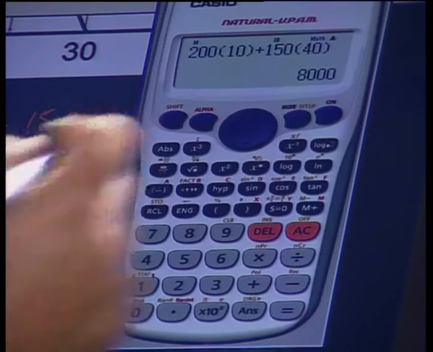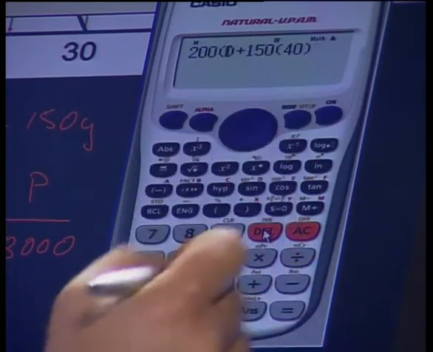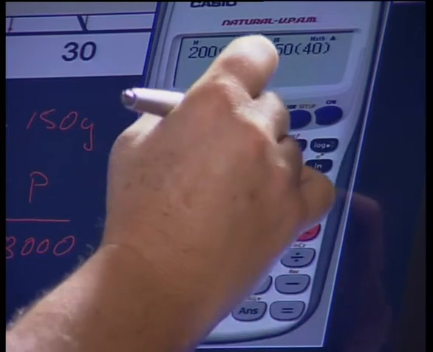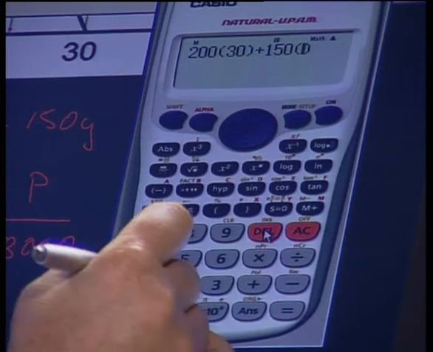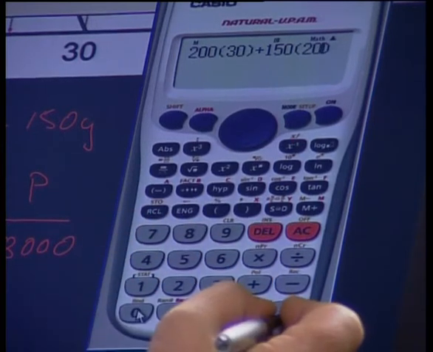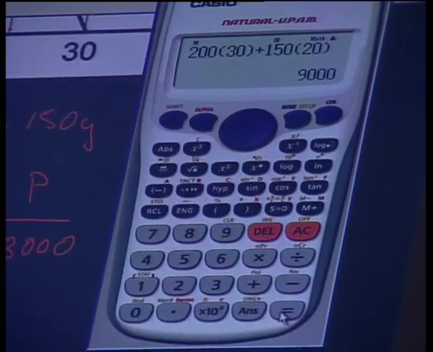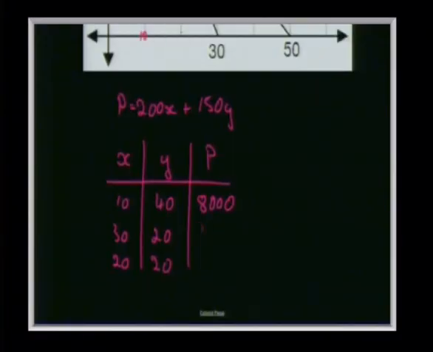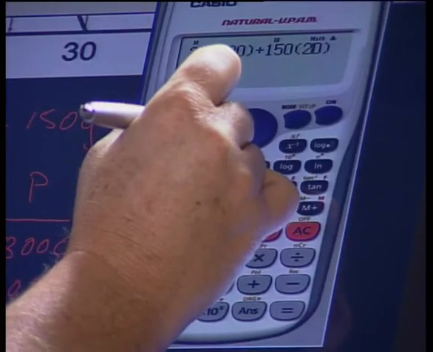Let's do our next numbers. Well, 30 liters of X and 20 liters of Y. You think it's going to give you maximum? Let's wait and see. Dunk, 9,000. Yes, 9,000. And just for the exercise, just because we could,